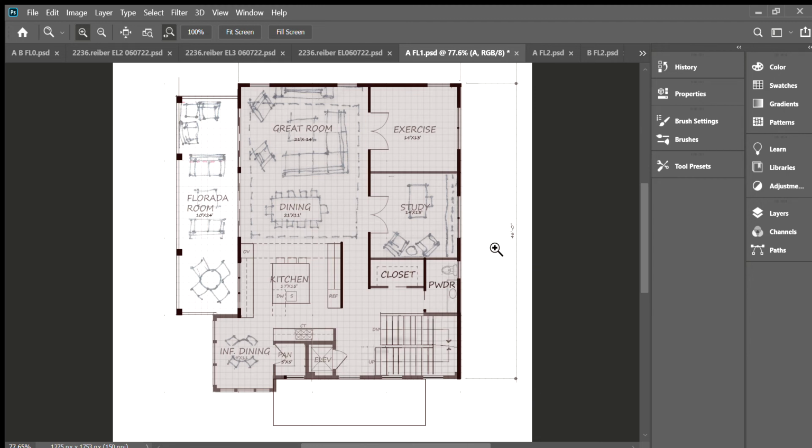Where is there fat where I could just take a slice of 1 or 2 feet right through the house? So now I saw that this closet is not really a walk-in, it's really a reach-in. So there's 2 feet there, and this kitchen seems a little big, and the powder room seems a little extra big. So I took a 2-foot swath out here, and then on the upper level, in the master suite area,